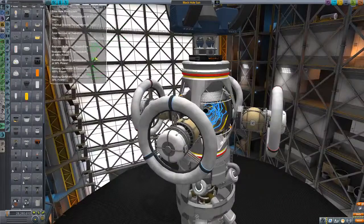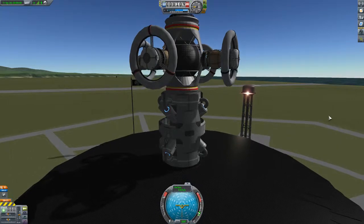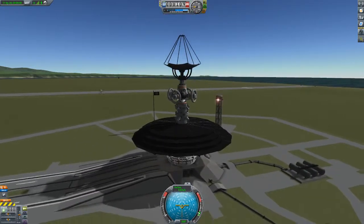Anyway, obviously I'm not going to launch this thing with a rocket into space. Ideally, you would construct an object such as this in orbit with much more sensible engineering qualities, such as balance and structural integrity and whatnot. Like, this thing is absurd. But it's just a proof of concept, so we're just going to see exactly how the singularity thingy